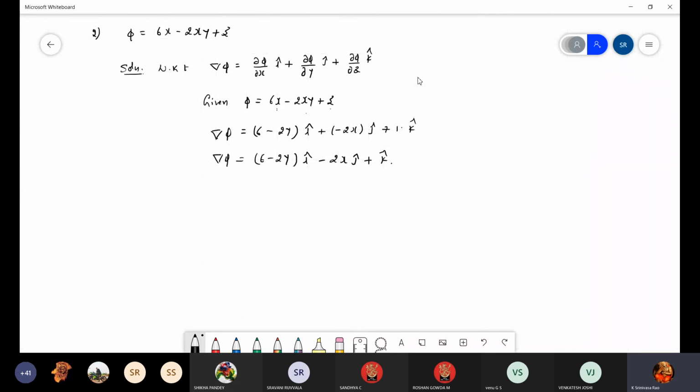Third problem. Phi equals 3x square y minus y cube plus z cube